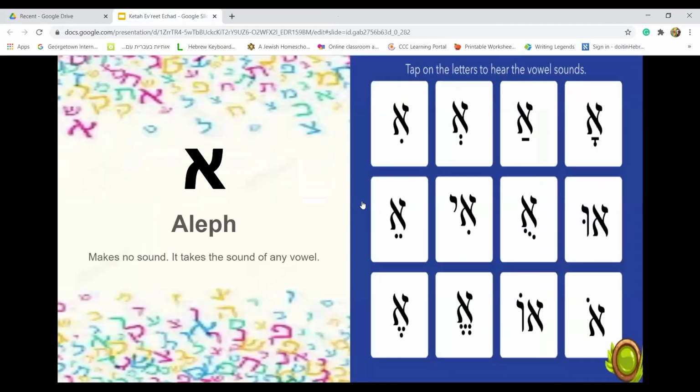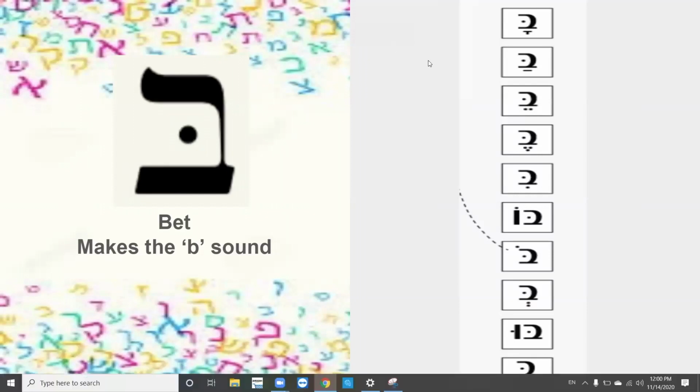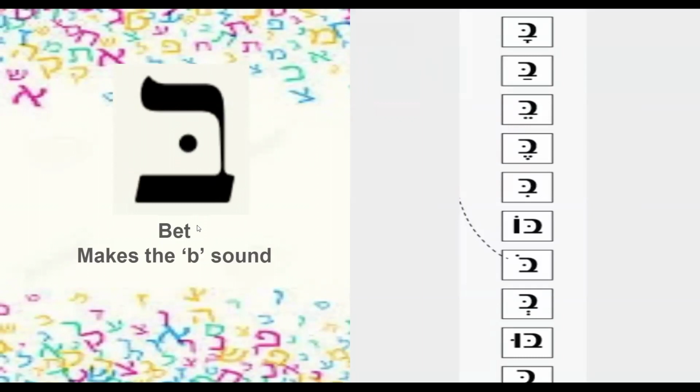All right. So now let's go to Beit. Beit makes the B sound. So when you see Beit with a vowel underneath it, you'll put the B sound with that vowel. Okay? So for example,